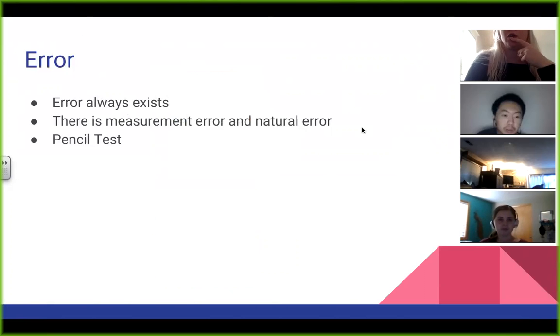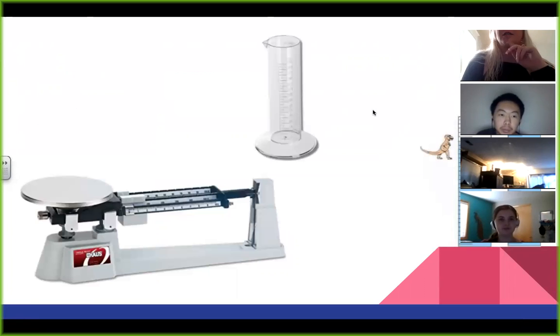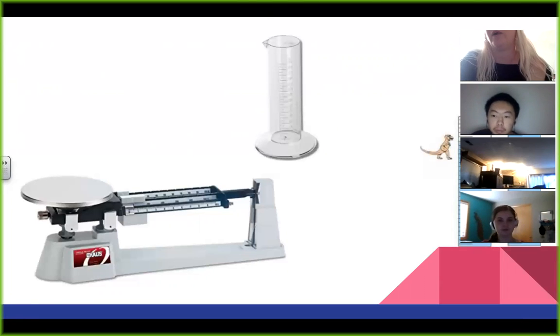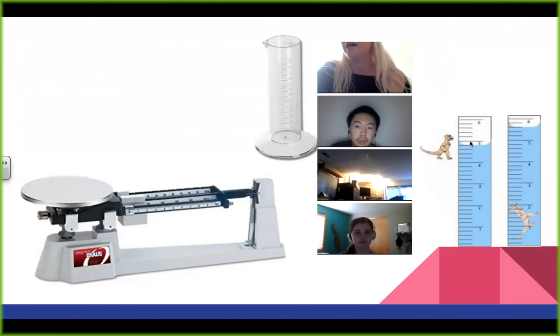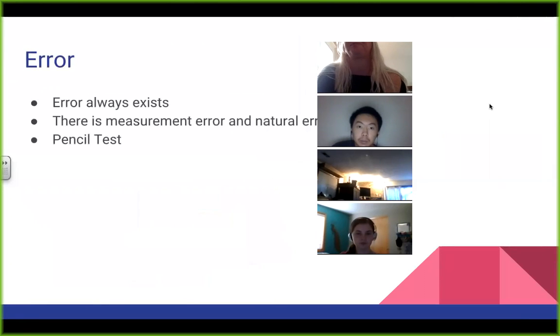So if we go back to looking at this graduated cylinder with the dinosaur, there's an element of error here when you're reading the amount. You notice that I read at the bottom of the water. That's where you're supposed to read it. But if you read it at the top, you would be getting a different number. It also could be that if there's more lines on here, I might actually find out that it was 4.9, for example, or 4.82, something like that. So there can be more precise readings depending on what graduated cylinder you're using.